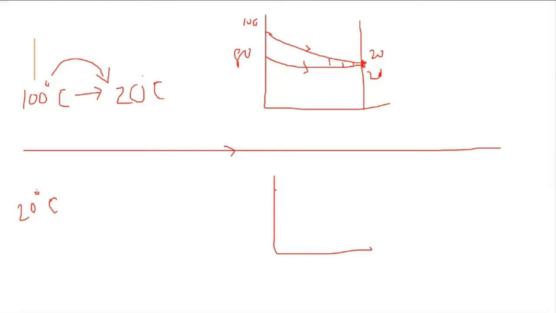Similarly, here 100 degrees Celsius is flowing like this, and we have a fluid at 20 degrees Celsius. The maximum temperature which can be achieved by this 20 degrees Celsius fluid, can it be equal to 100 degrees Celsius? This case is also possible. This was 100 and this fluid was entering at 20. So can we say that the maximum temperature which can be achieved by the 20 degrees Celsius fluid is equal to 100 degrees Celsius? Yes or no? Are you getting this part?